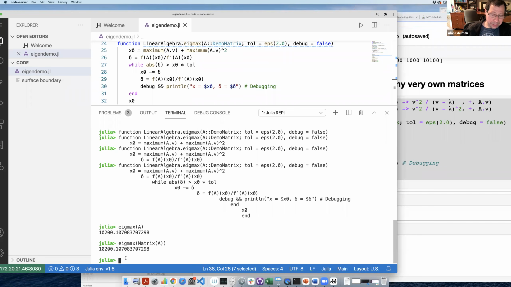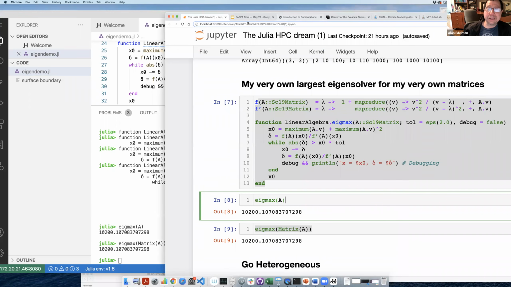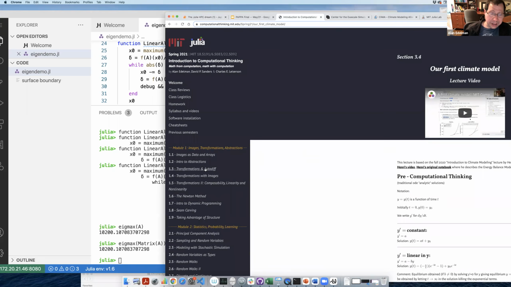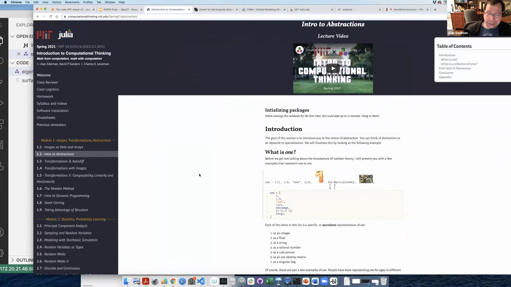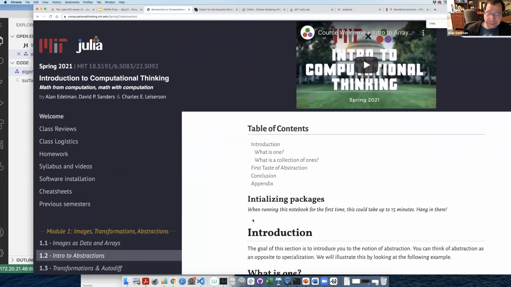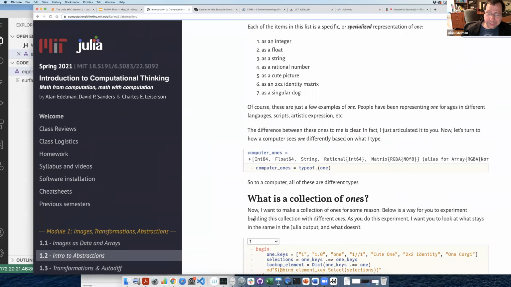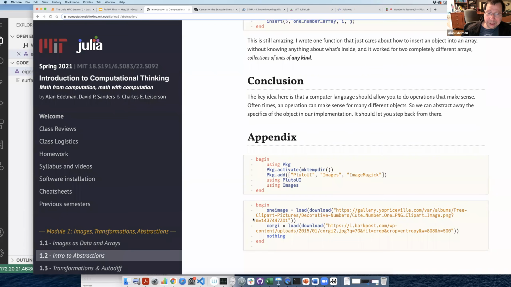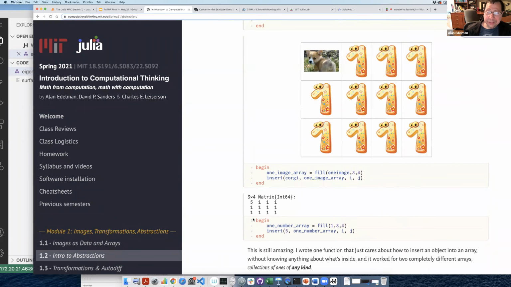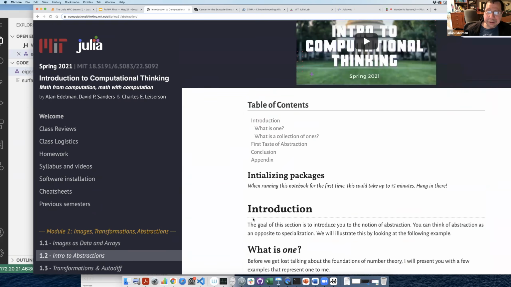Let me see if I can give that same idea. Oh, I actually have it here. Let me do it this way. Let me go back to my computational thinking class, and I've got a nice example here that I think you'll like. I think it was in here. Was it in here? Let me just see. Oh, if it wasn't here, then I don't know. Then I'll have to remember how I did it. No, it wasn't in this one, and I don't have a good search.